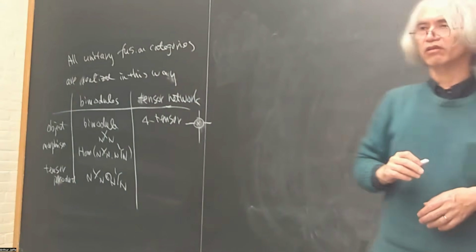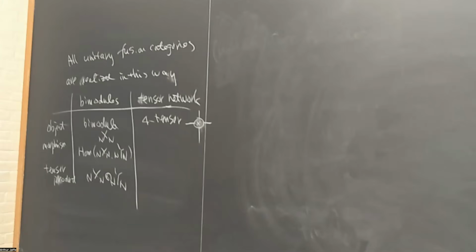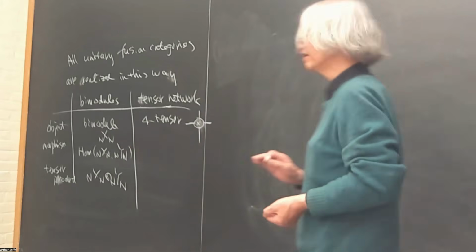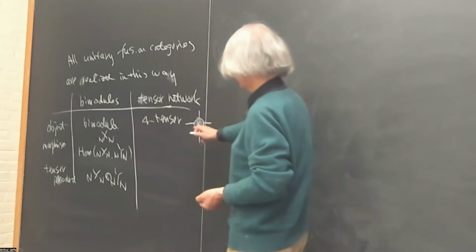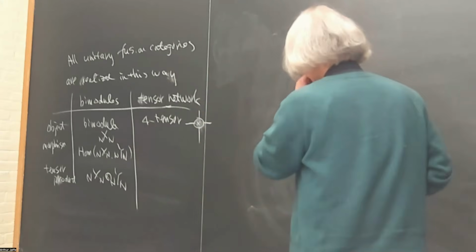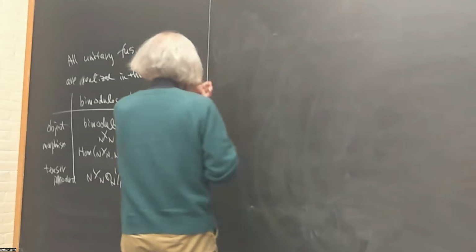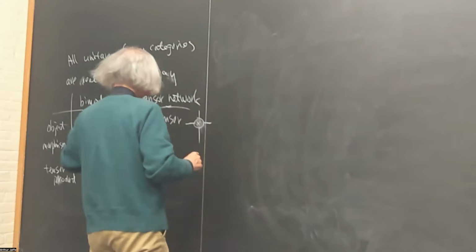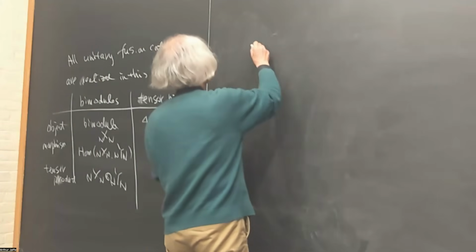I guess you are familiar with some tensor transformation. Like a 1 tensor is a vector, a 2 tensor is a matrix, and so on. So a 4 tensor is just a finite family of complex numbers indexed by 4 labels. So this is an object. So here we have a tensor product.